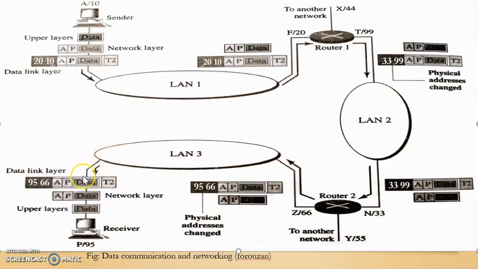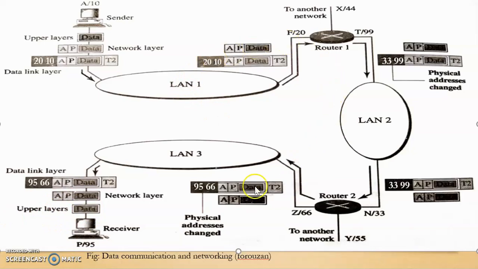Okay, so next, once the frame reaches this destination computer, first at the data link layer, it will check the MAC addresses. That is, the MAC address of the receiver is 95, which matches with its own MAC address. So it will remove the headers and the trailers and pass the packet to the network layer. Then at the network layer, it will check the IP addresses. Now over here, the IP address mentioned of the receiver is P, which matches with its own IP address, that is P. So again the headers will be removed and then the data will be passed to the higher layers.